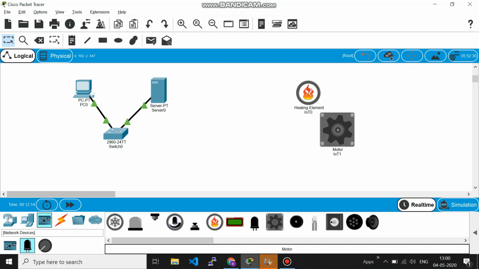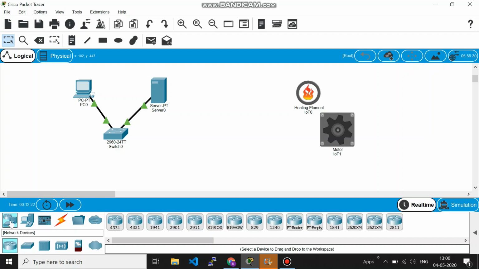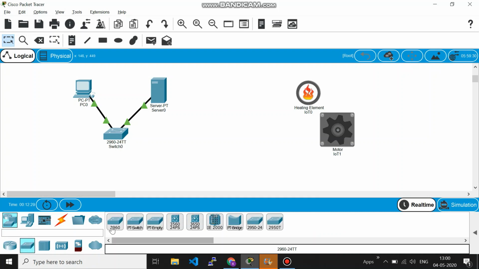What I've done is, here there are a lot of categories, and at the bottom you will see subcategories. Now I want network devices, so I'm clicking on that. Under networking devices I need a switch. I press this, and it gives a lot of varieties of switch. I'm choosing this one because I'll have a lot of Ethernet port connections, so I've added it here.